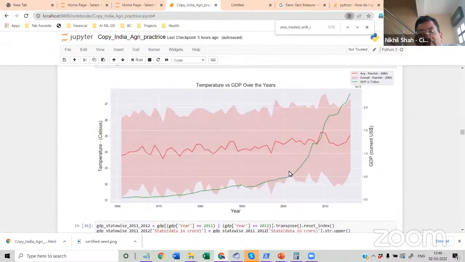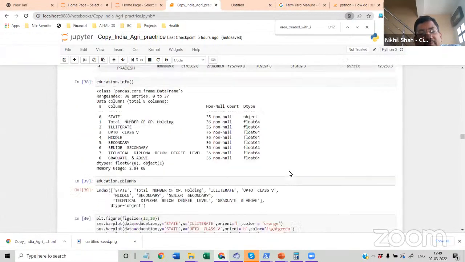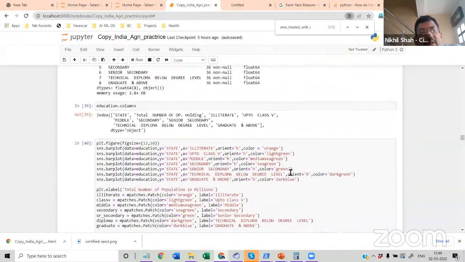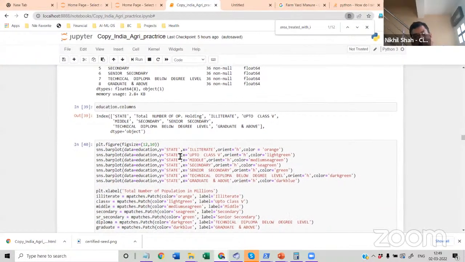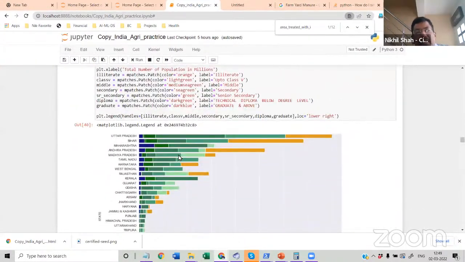So that both can be plotted side by side. Here we are looking at education, right? So one of the data we have is literacy: illiterate, somebody studied up to class 5, middle school, secondary school, senior secondary school, technical diploma or graduate. So this is just a title that we wanted to give and we are plotting this data.